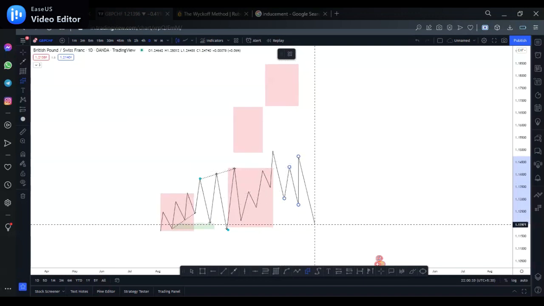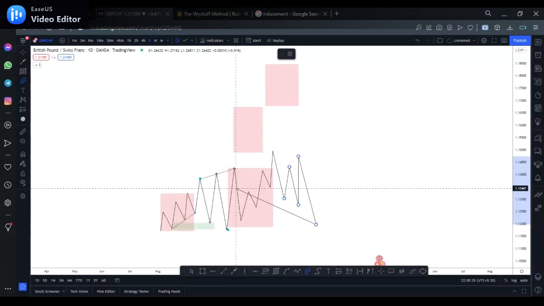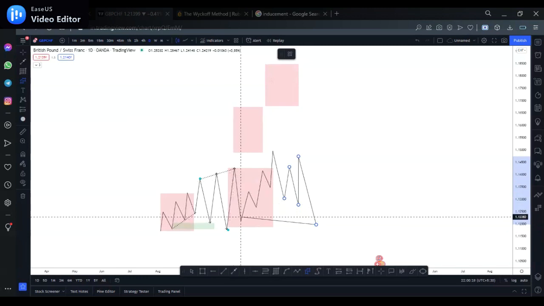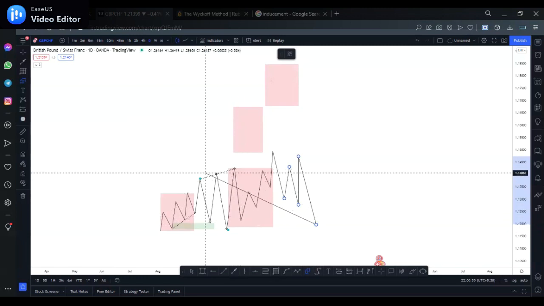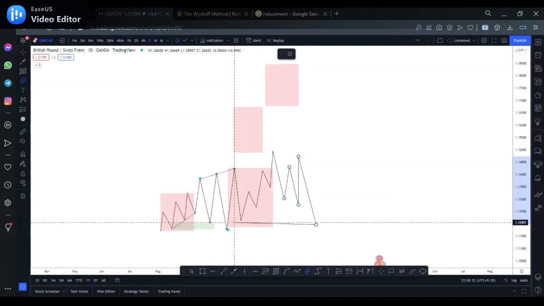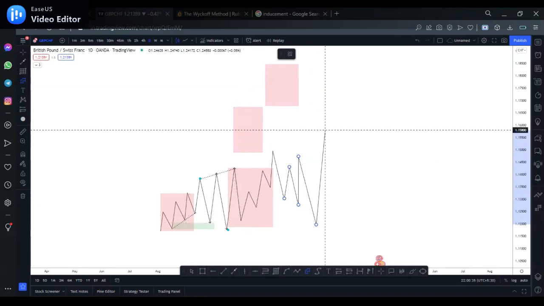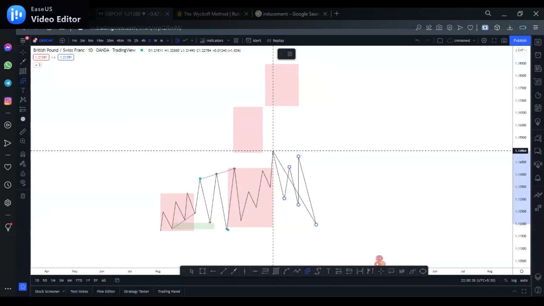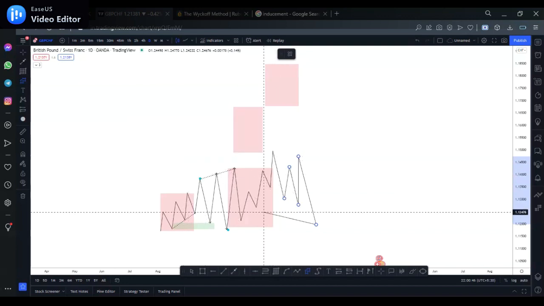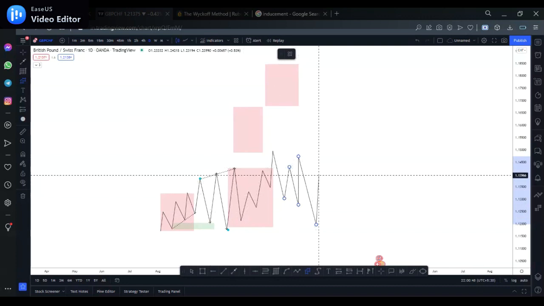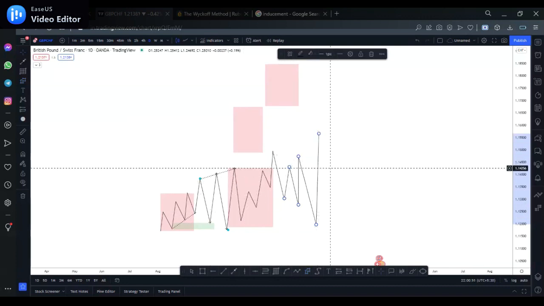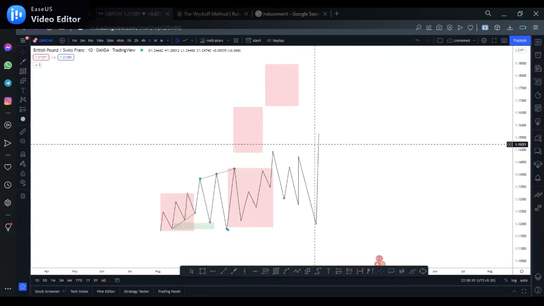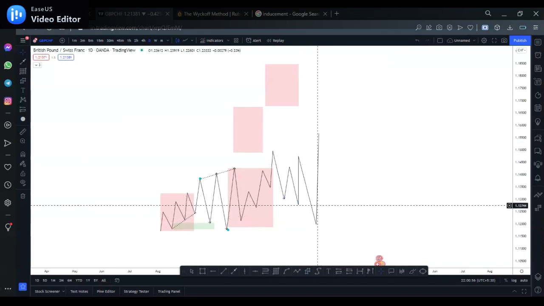Then you see something like this instead, and they head back to take out this liquidity, which was within the previous range that was created, which took out the external liquidity. Now they come back here and take this out and probably head back up to take out this high, because they know a lot of stubborn traders would still leave their positions open back here. And overall, this trend is bullish. So they return back to take out the external liquidity in the same process, creating a new range. They don't move back up in a straight line. It's going to be in a zigzag form.